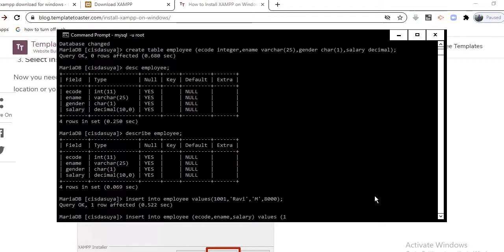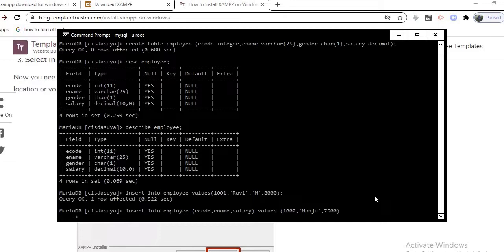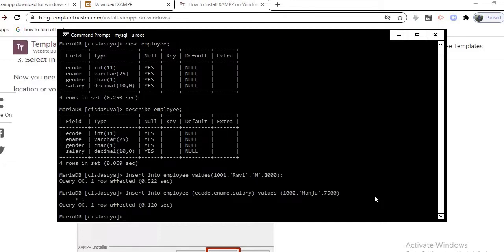Let's say e-code is 1002, then name of the employee, let's say keep it as Manju, and we keep her salary as, let's say, 7500. So just put here a semicolon to mark the end of the statement.